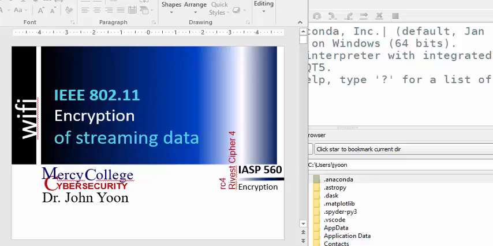Today we will look at the Wi-Fi encryption, cryptography in Wi-Fi communication. We looked at the Wi-Fi,